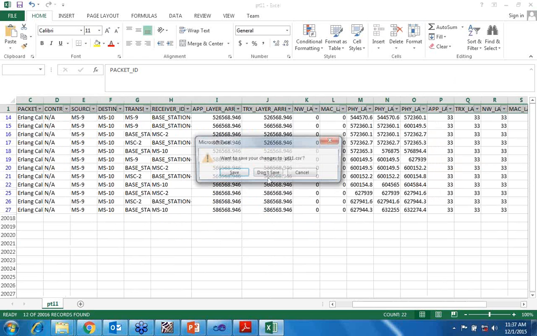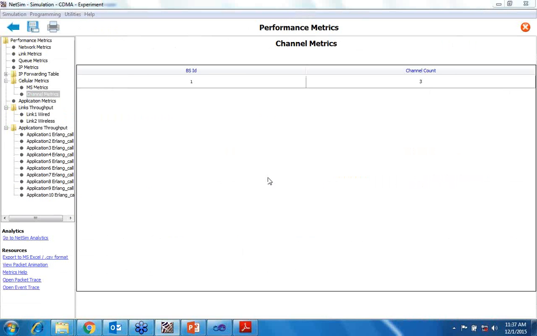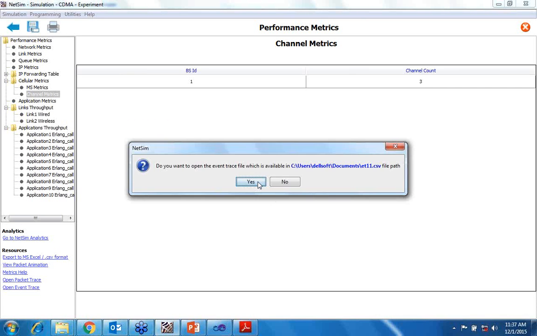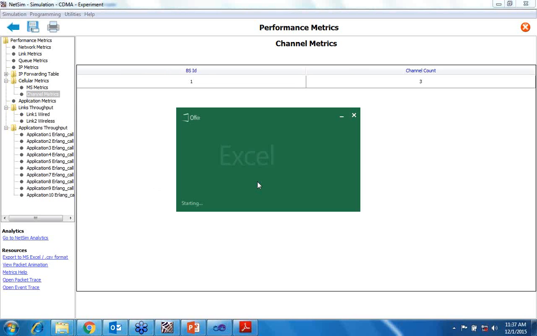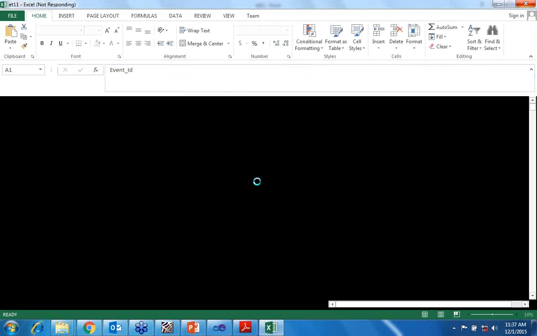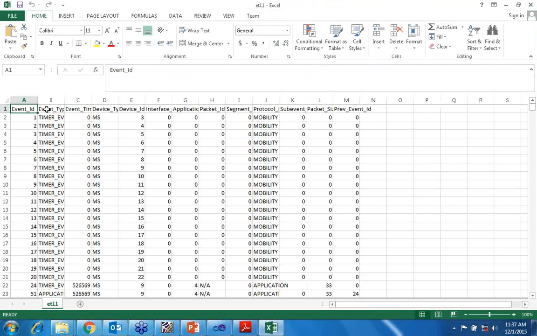Likewise in events, when we choose events, click on yes. So these are event types.